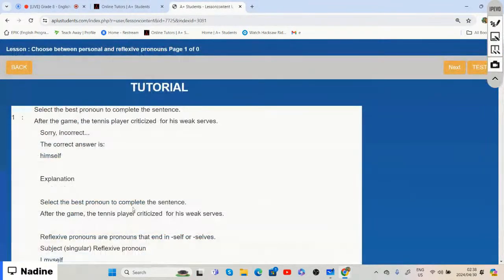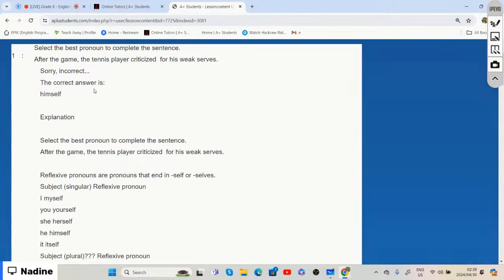We need to choose between personal and reflexive pronouns, right? Reflexive pronouns are pronouns that end in self or selves. A singular subject takes a pronoun ending in self, and it needs to agree with the subject. A plural subject takes a pronoun ending with selves, and it also needs to agree with that specific subject, right? When it comes to pronouns,